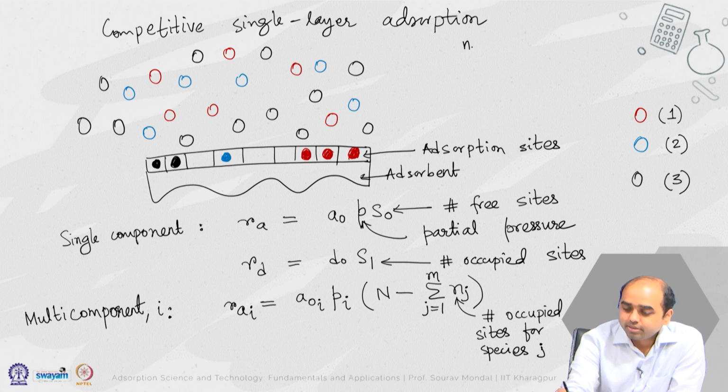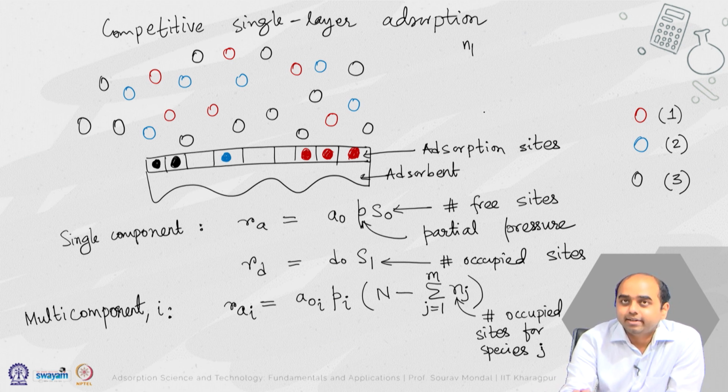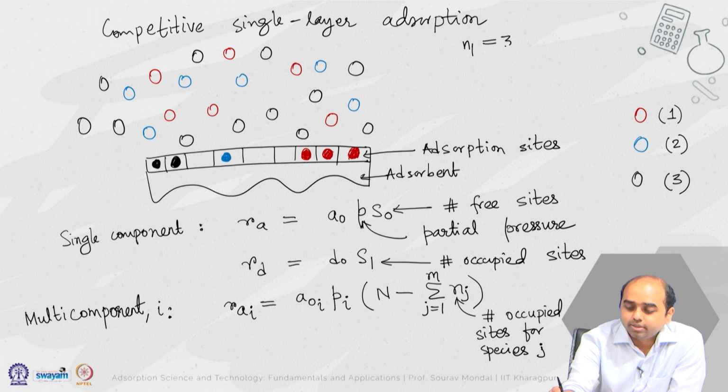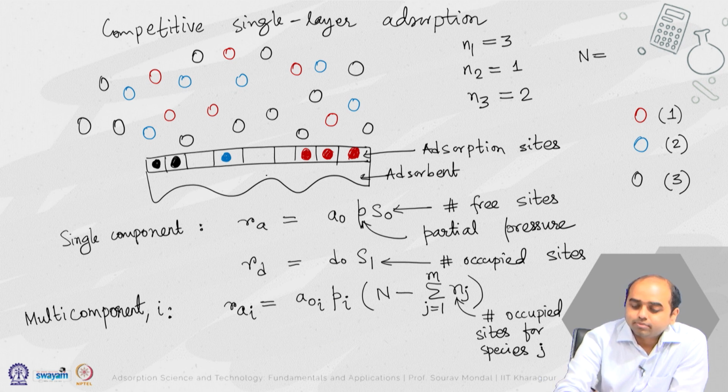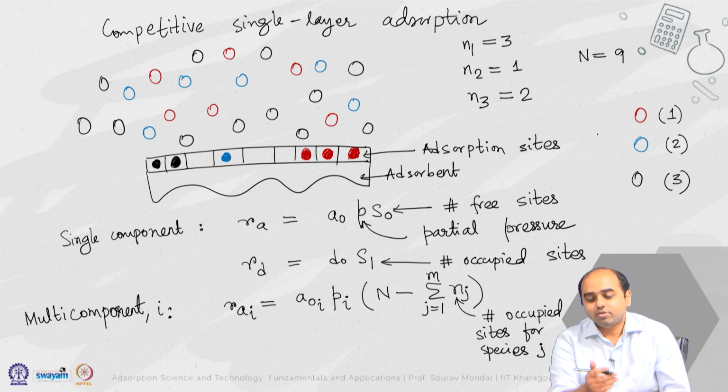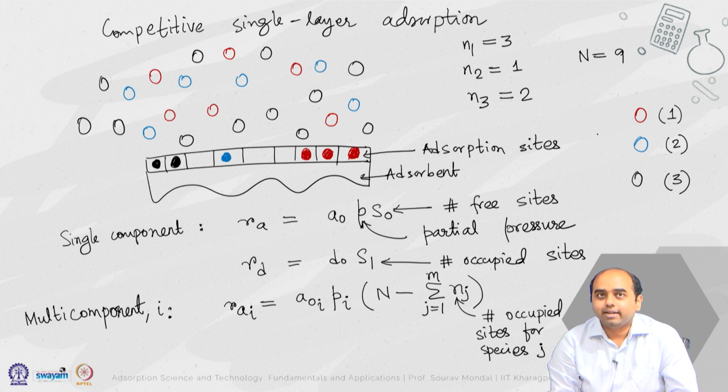So, n_1, the number of occupied sites for the red species, is equal to 3, n_2 for the blue species is 1, and n_3 for the black species is equal to 2 in this case. The total number of sites in this schematic is capital N, which is equal to 9. So, the number of available sites, as you can understand, is 9 minus 6,